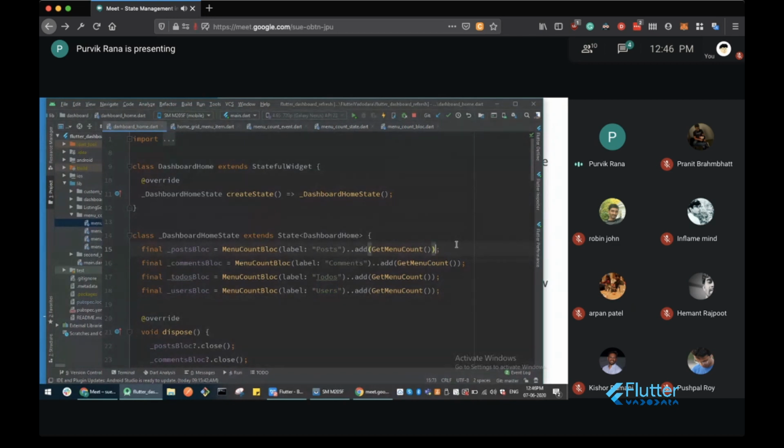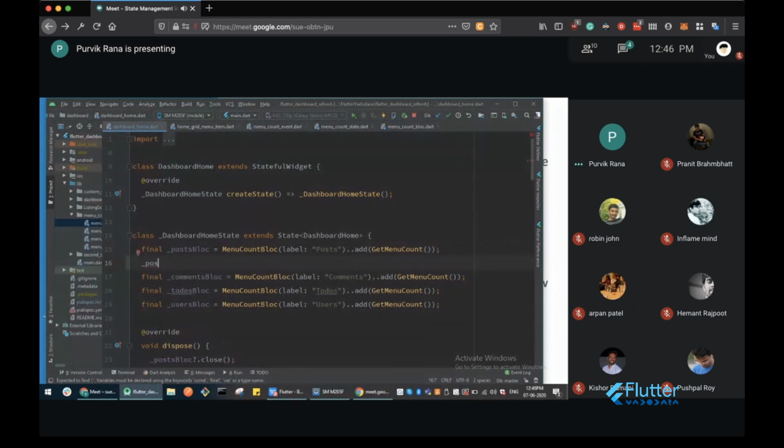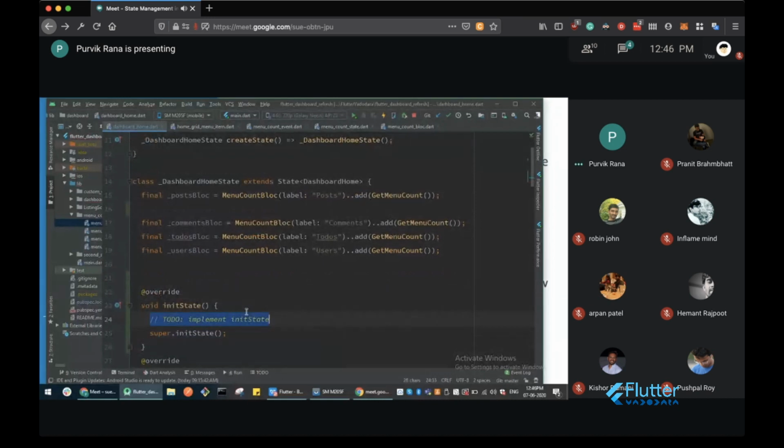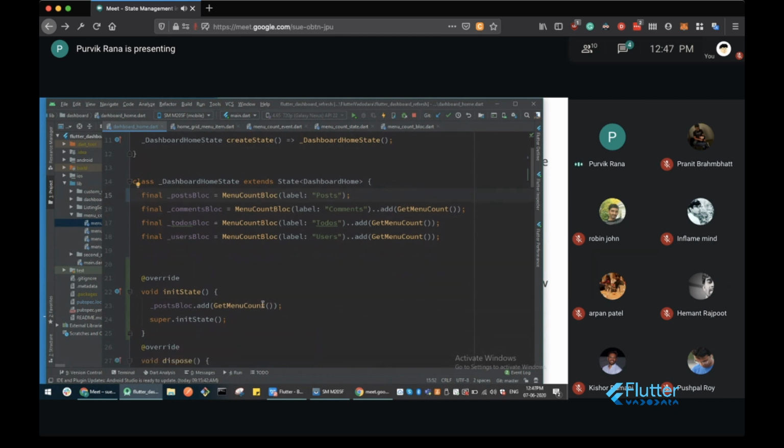You can also assign the events inside initState, for example. You can remove it from over here, so it will only create the instance, and at initState time you add this particular event to the menu count block. At that time it will add the event and start processing.